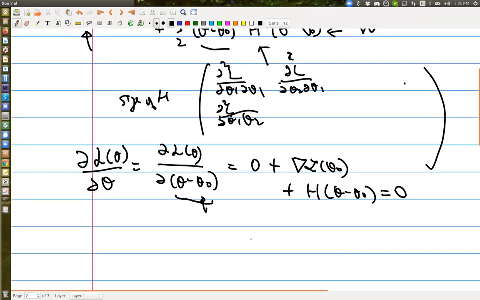Therefore, the optimum theta here satisfies: H inverse times the gradient of L at theta naught is equal to theta minus theta naught. So therefore, theta is equal to theta naught